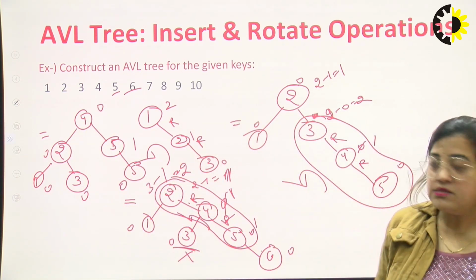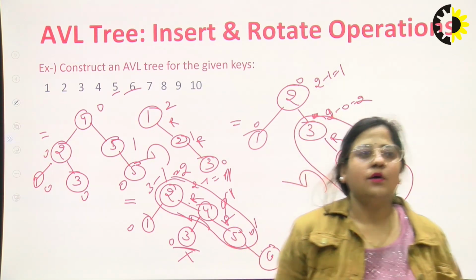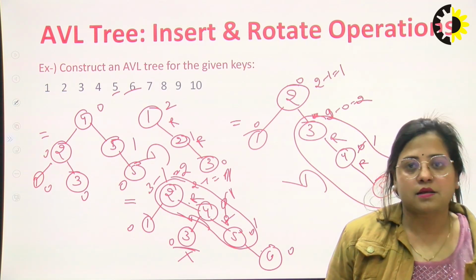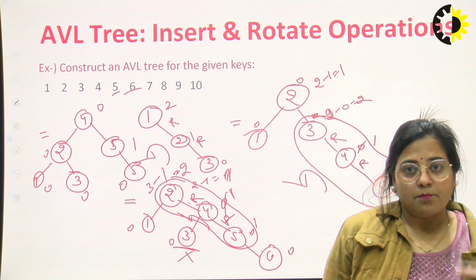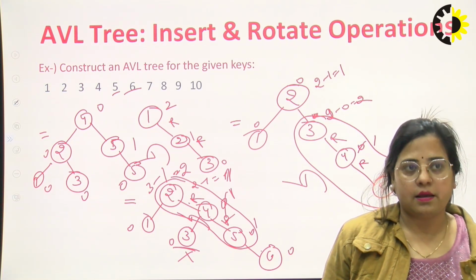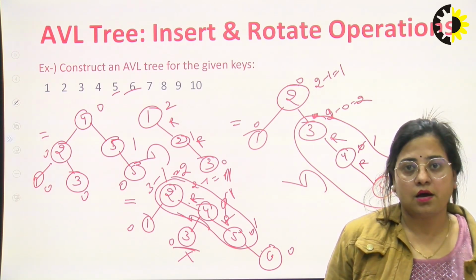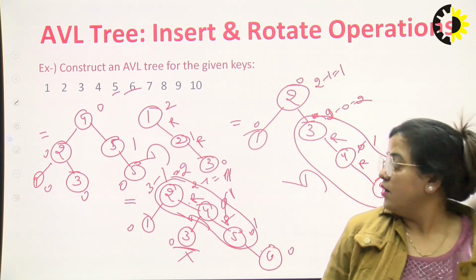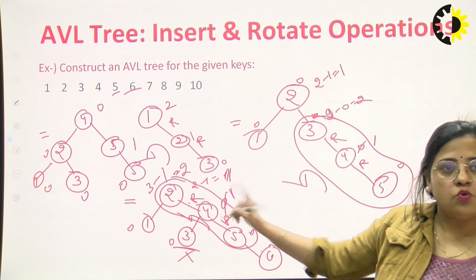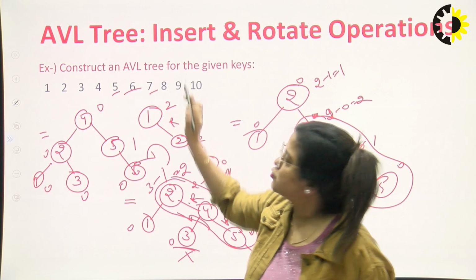So in each step, in each case, insert a new node and check the given nodes. After inserting a node, check whether it is balanced or not. If the BST is not balanced, then you need 2 types of rotation, which I explained in my previous slide, and check again one by one. Now you insert your last, 6. Again the same, now comes 7.